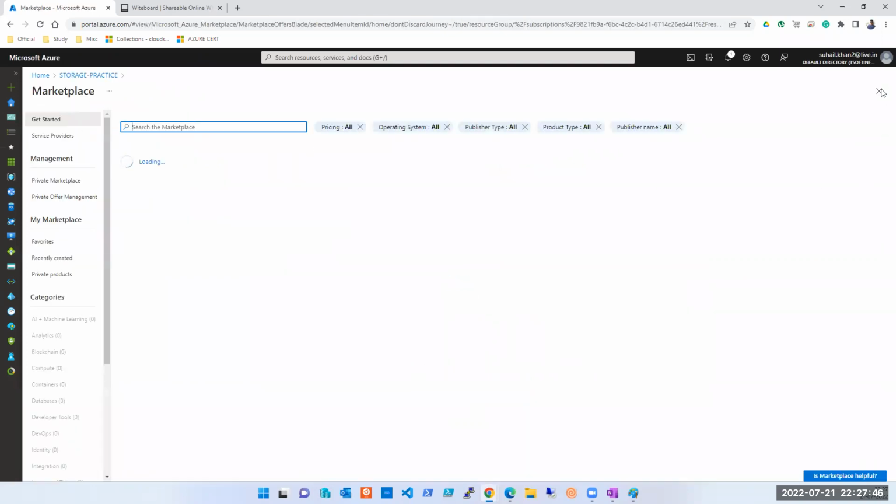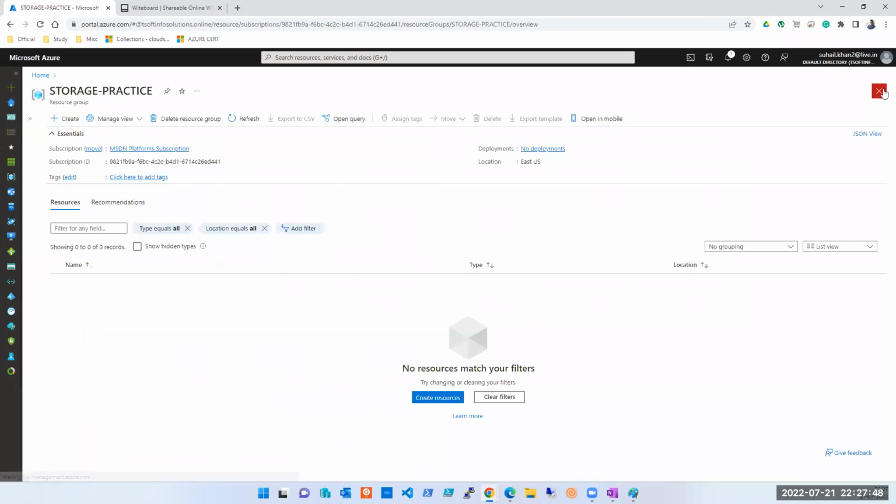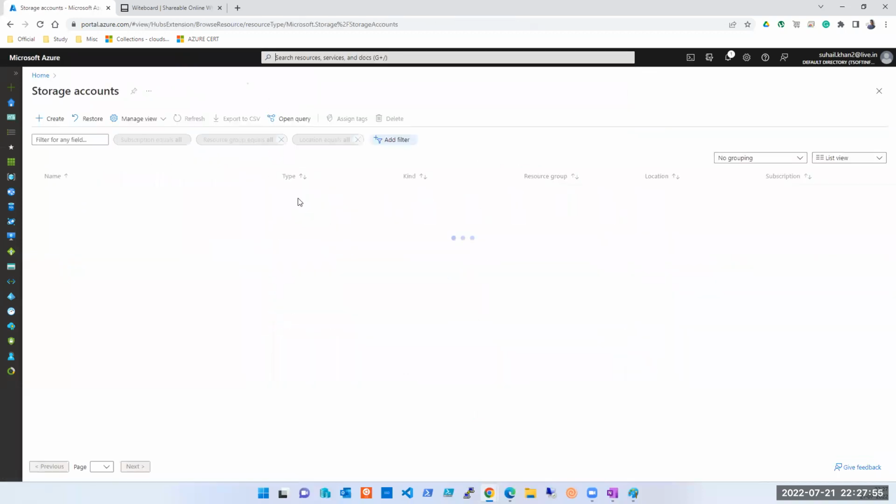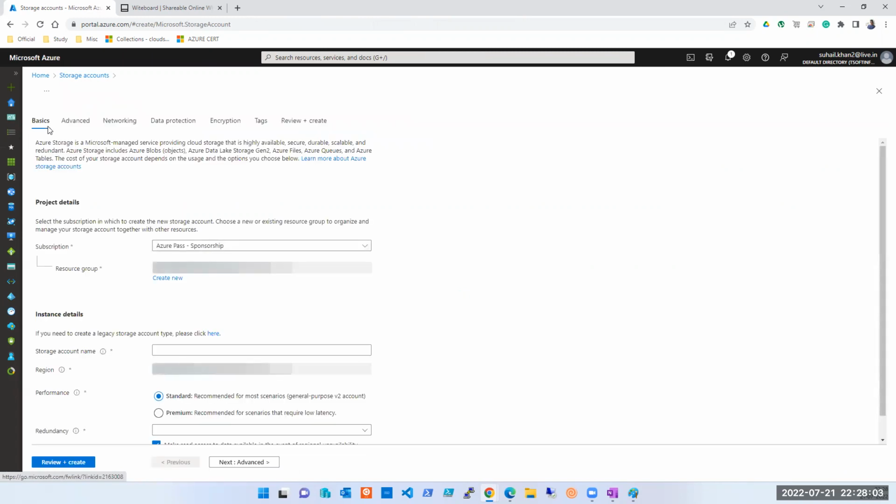Microsoft के साथ हमेशा ये होगा कि एक चीज करने के कई सारे तरीके आपके पास होंगे. So if you create here you will have to select storage, और आप storage वहां से बना सकते हो. You can click storage. यहाँ से भी आप बना सकते हो. So let's create a new storage account. What options do we get in storage account? एक storage account के अंदर storage के कौन कौन से types मिलते हैं हमको? Who can tell me?